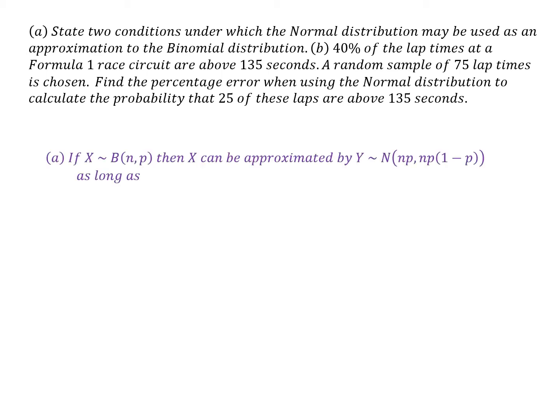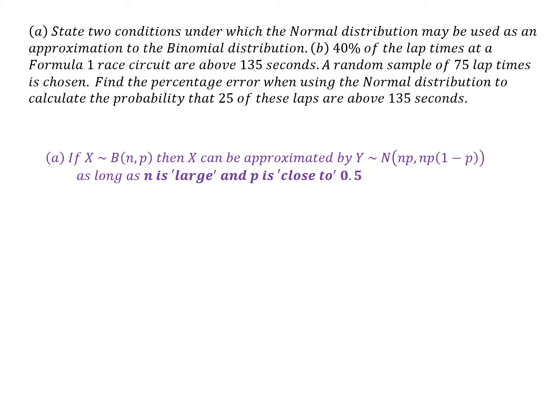So let's say x is the letter we give to the binomial distribution. Then when we use a normal approximator, we'll call that y. The mean of the normal is n times p, and the variance is n times p times 1 minus p. So the conditions that need to be satisfied are that n must be large and p must be close to